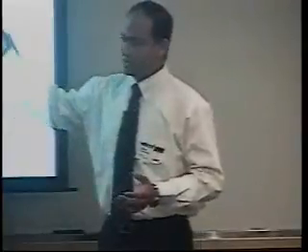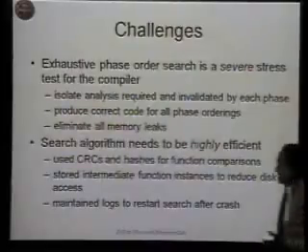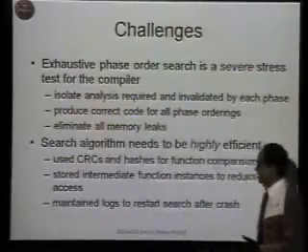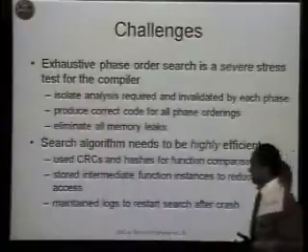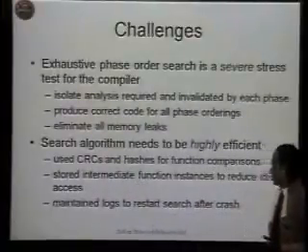There were some memory leaks in the compiler which were very small, but we could never see them because they were operating on a single file for a couple of seconds. But once you start doing this, it's very important to get rid of all the memory leaks. At the same time, the search algorithm has to be made highly efficient. I already discussed our use of CRCs and hash tables to do function comparisons to find identical and equivalent function instances. We also had to store intermediate function instances in order to both reduce the number of disk accesses and the number of phases we apply.